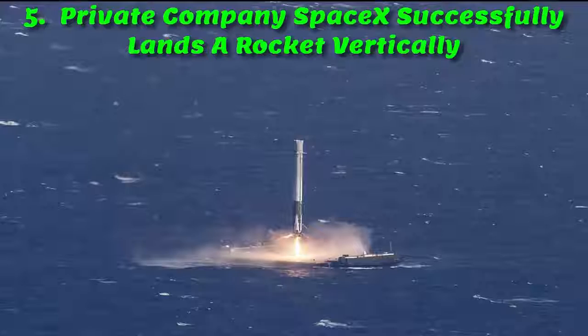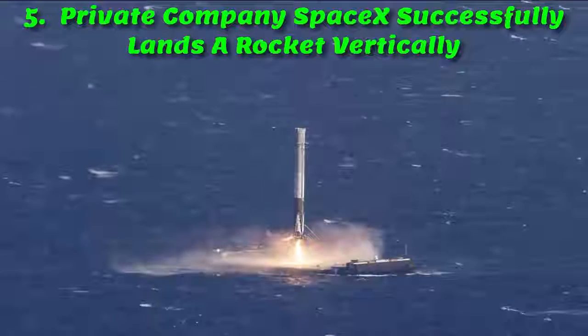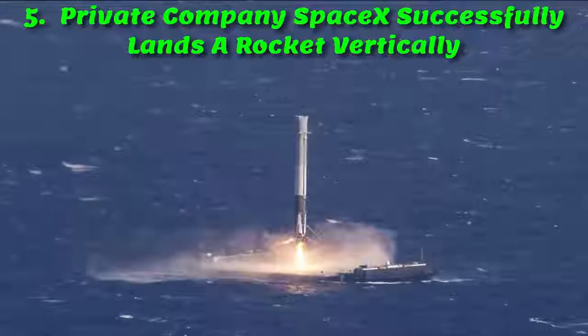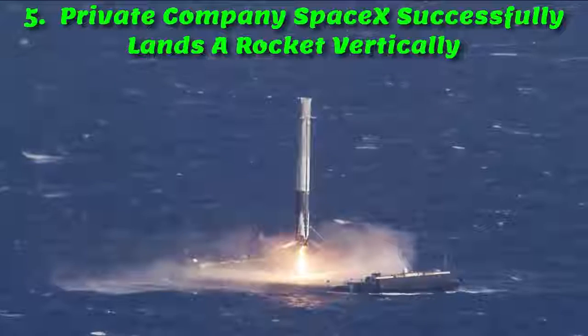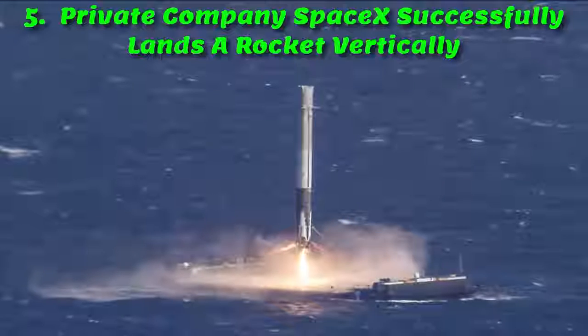Private company SpaceX successfully lands a rocket vertically. In comic books and cartoons, you usually see rockets landing on planets and moons vertically, but in reality, achieving this feat is incredibly difficult. Because of this, government agencies like NASA and the European Space Agency have developed rockets that